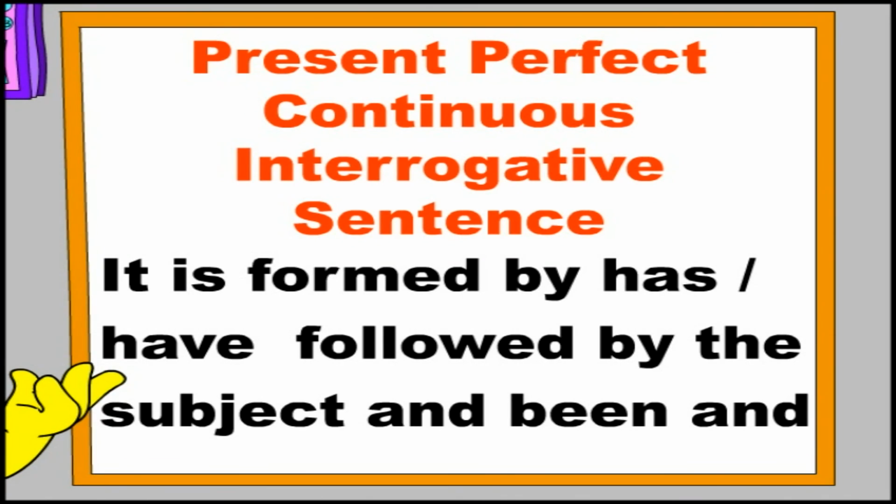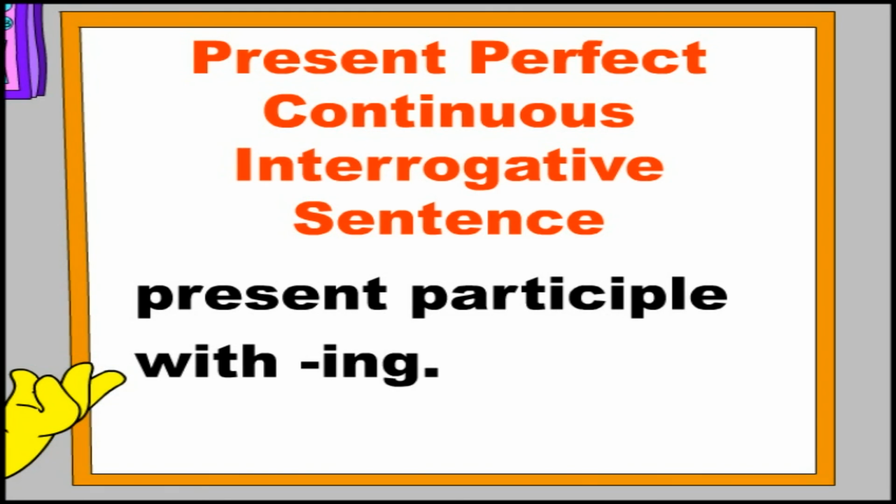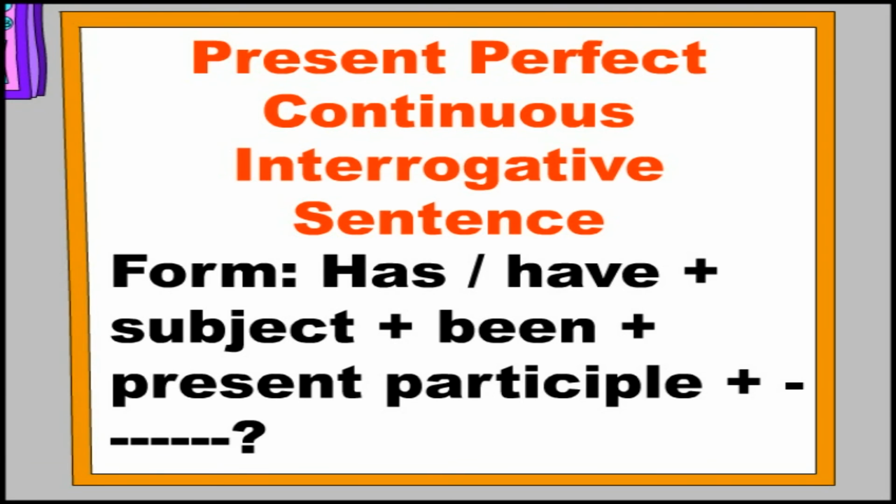Present perfect continuous interrogative sentence. It is formed by has, have, followed by the subject and been and present participle with ing. Form: has, have plus subject plus been plus present participle. Examples: